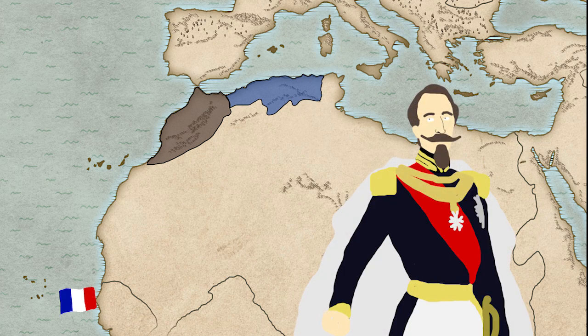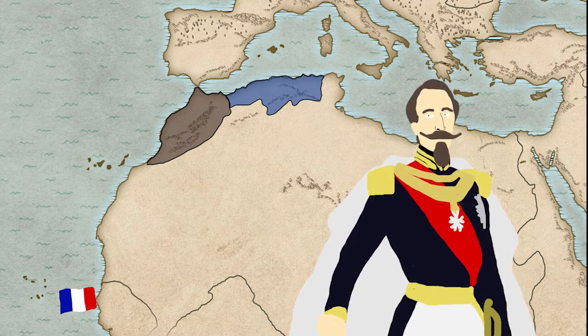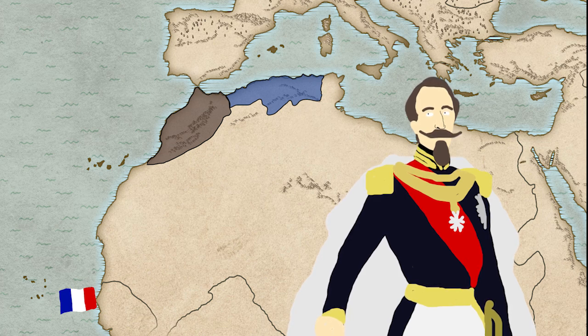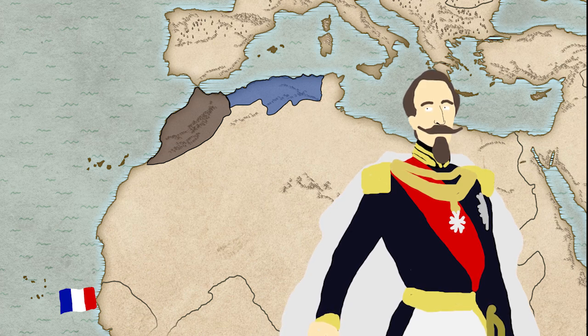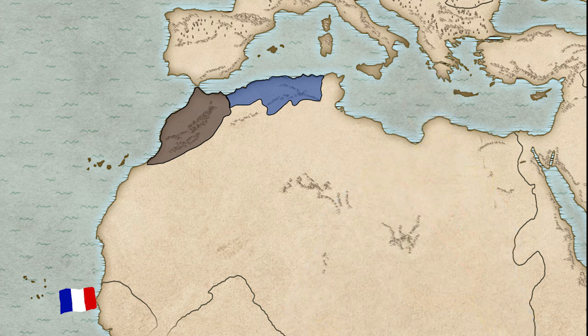This could be seen as part of a much larger French effort to expand their empire under their new ruler Napoleon III, who also moved into Southeast Asia and Mexico. But looking at these conflicts as connected is often problematic, and this will be especially true during the Scramble. This is because the governors of various colonies would often act independently of the central government, or were responding to